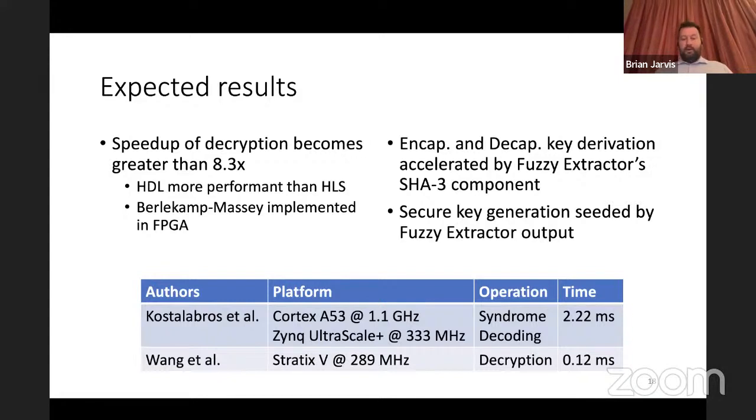So comparing the two implementations here, in the Kostelobros paper, they used a Cortex-A53 at 1.1 gigahertz and the Zynq at 333 megahertz, with the operation being just syndrome decoding, not a complete decryption. They were running that at 2.22 milliseconds. The Wong implementation used the Stratix 5 FPGA at 289 megahertz and implemented the entire decryption operation in just 0.12 milliseconds. That illustrates the difference of HDL versus HLS, but also bringing in the Berlekamp-Massey into the